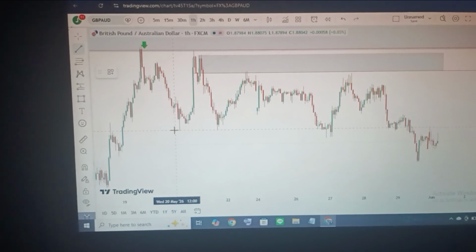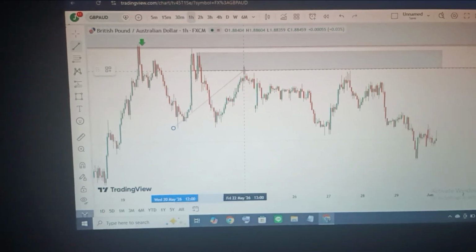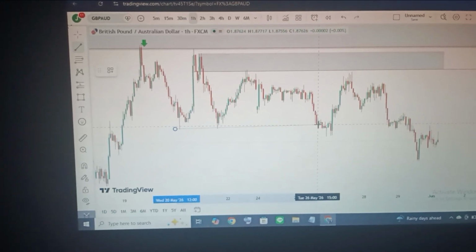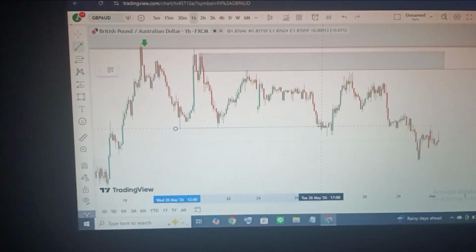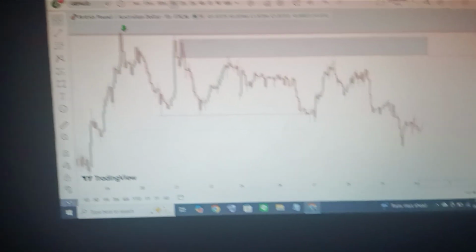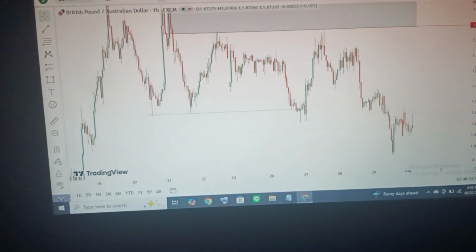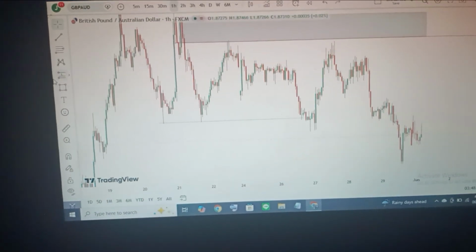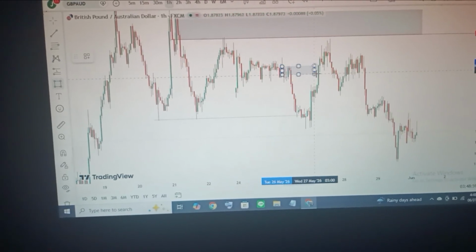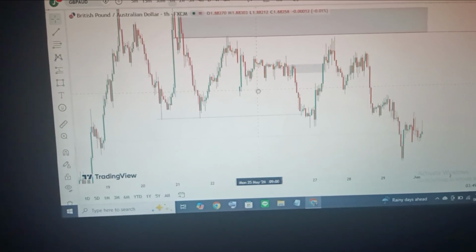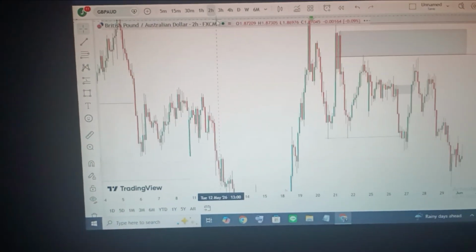So what I see here is we have this push. Once we have this tap, we have this break of structure, and this break. What was obvious to me was this supply level, so I marked this zone. Then I was not really placing my trade from there. I was looking at from